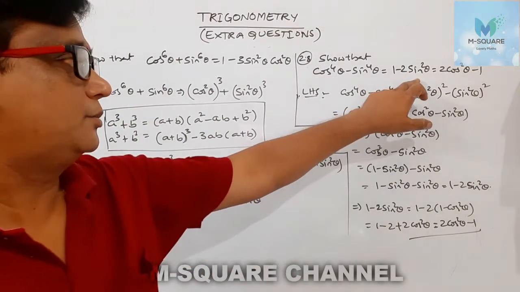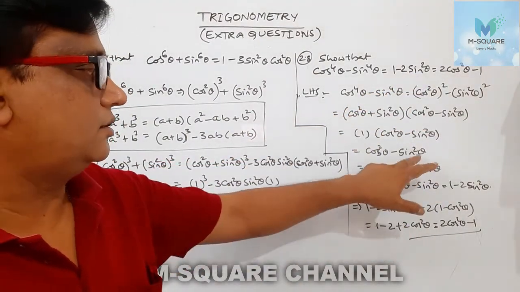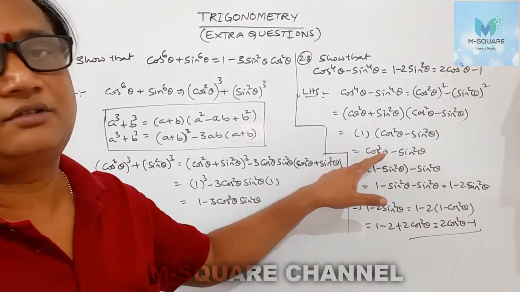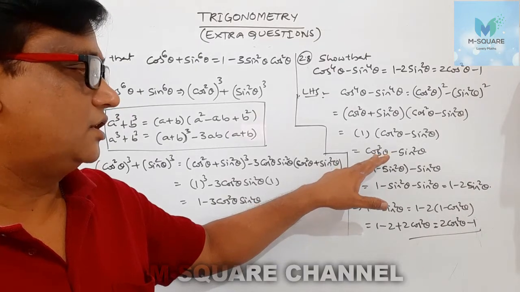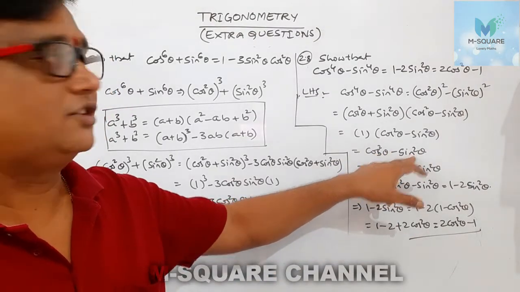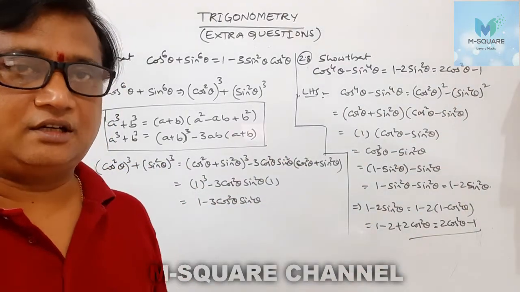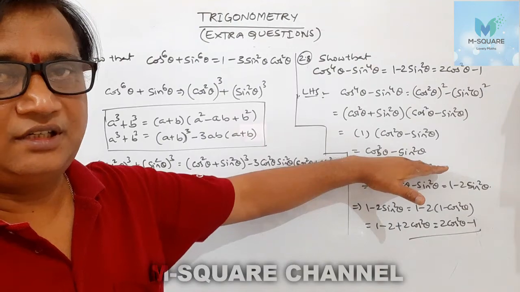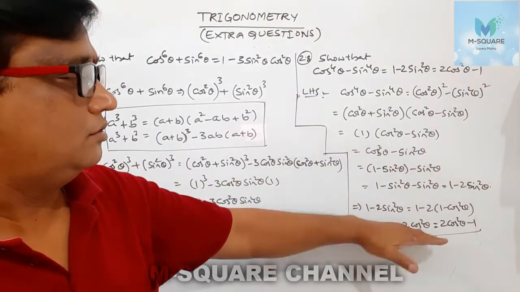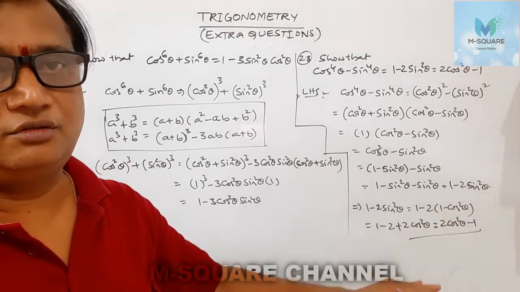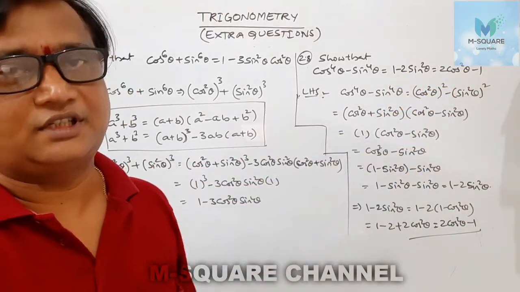I am going to take this part. Again we can come back. You are going to change sin square also, no problem. You can take cos square. If you convert cos into sin, this answer will come. If you are going to change sin into cos, the second answer will come. So either cos or sin. You can do up to here. This is the final. After that you are going to change sin to cos, cos to sin. So there are two answers. That's why.